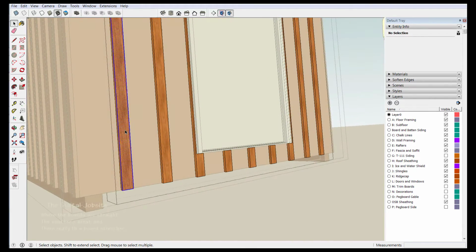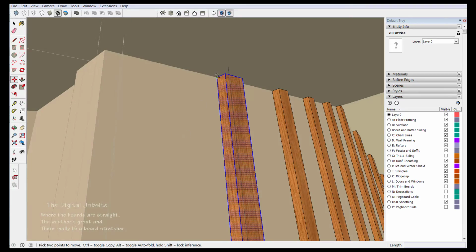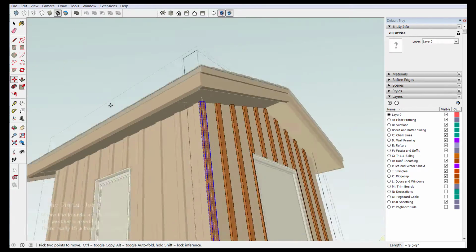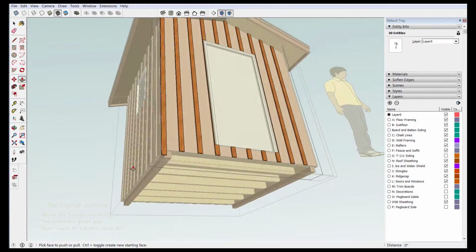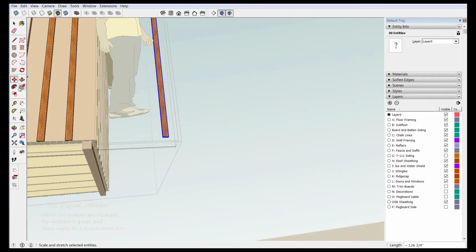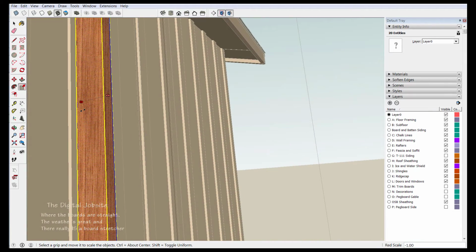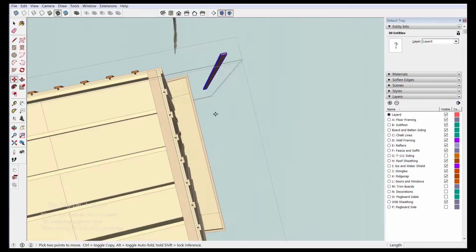That gets that job done, and we can go into the battens on the front of the shed. And let's just take this guy with the triple click and move a copy of him to this outer edge. Grab the corner point and move it right to this spot on the angle. Then we can push-pull this up there. And then let's triple click this batten, move and copy it for the other side. Flip the cut at the top with the scale tool, going -1. Move him into place